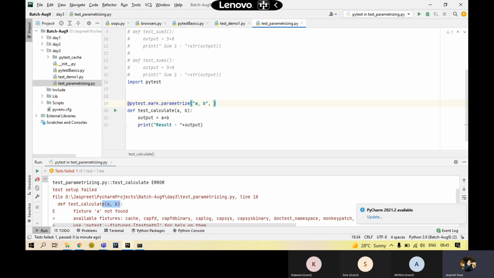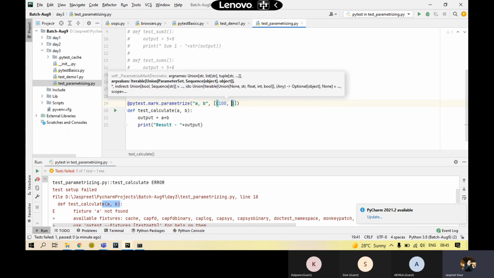And next, what I'm going to do is the set of data I want to calculate. So I'll use a data structure over here. This is a list basically. And inside the list, I'm going to pass the set of data. So what set of data I want to pass? Let's say 100, 89. This is one set.